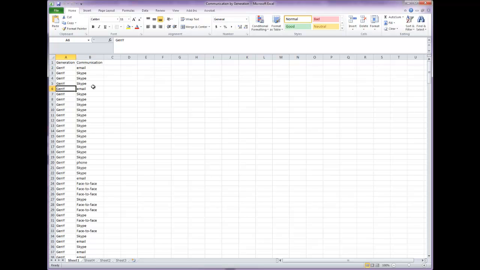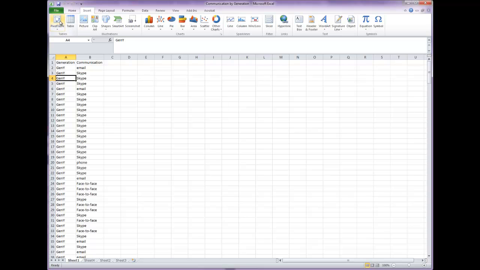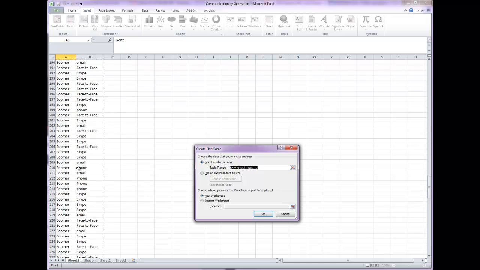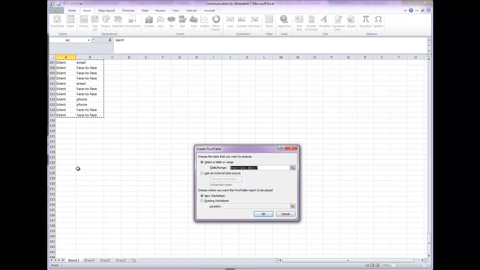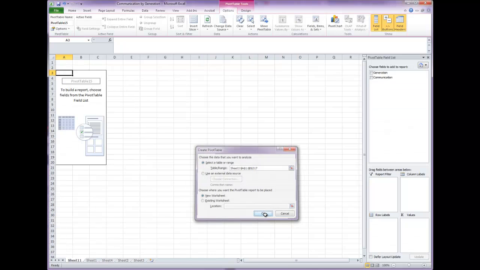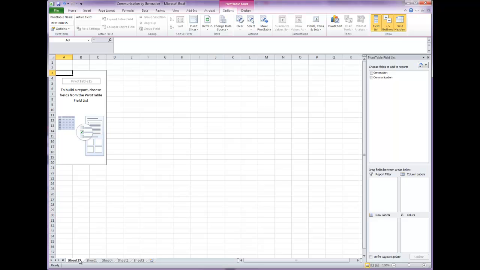As long as you're clicked in somewhere in your data, and you go to the Insert tab and then click Pivot Tables, Excel is going to know that you want to create a pivot table for all this data. I can just double check to make sure that the little dancing line is highlighting all of my data, and it is. Make sure that it's all in there, and that New Worksheet is selected. So I'm going to click OK. And let's go ahead and right-click here, select Rename, and label this Pivot Table,